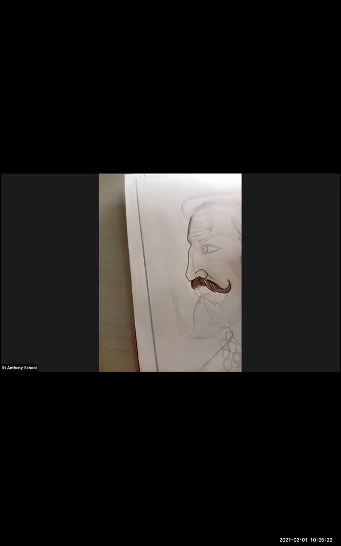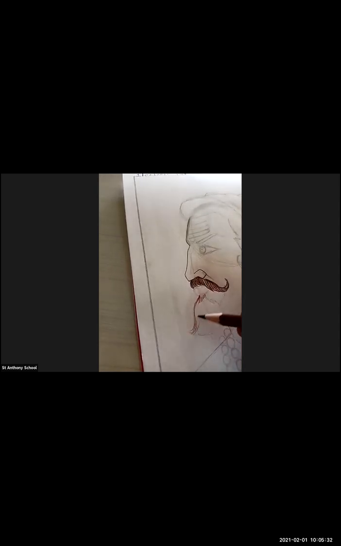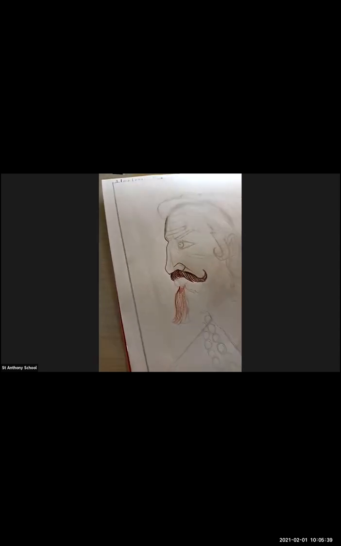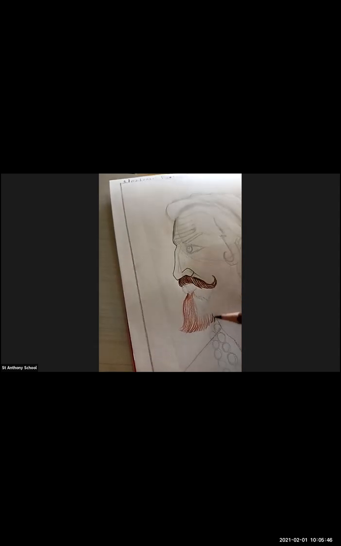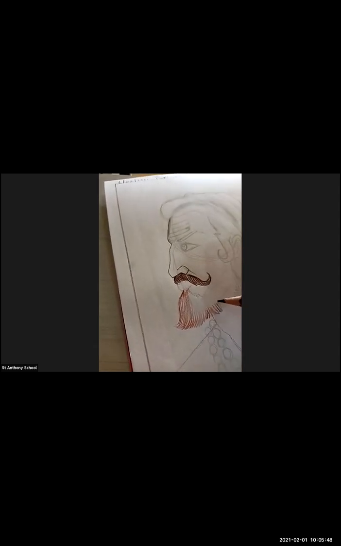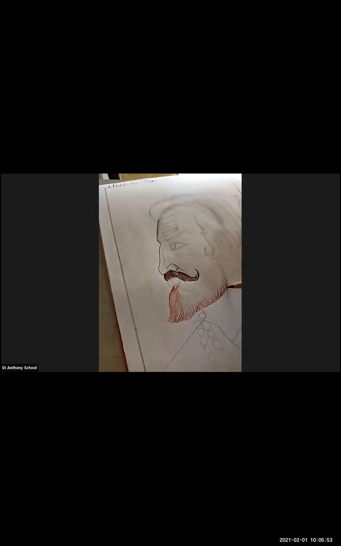Okay, same way, coloring the beard. This way you're going to color the beard. Just look at this.